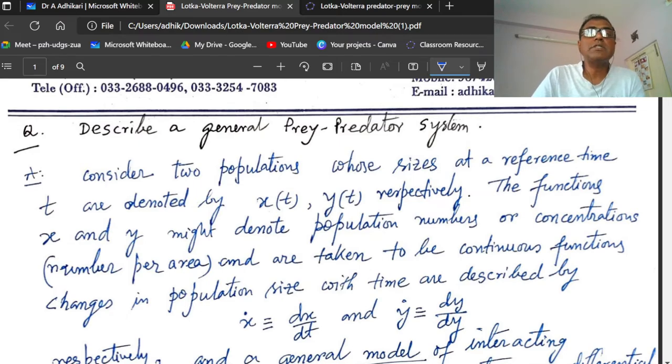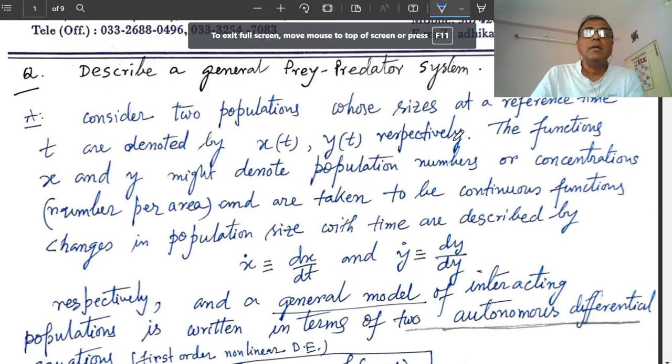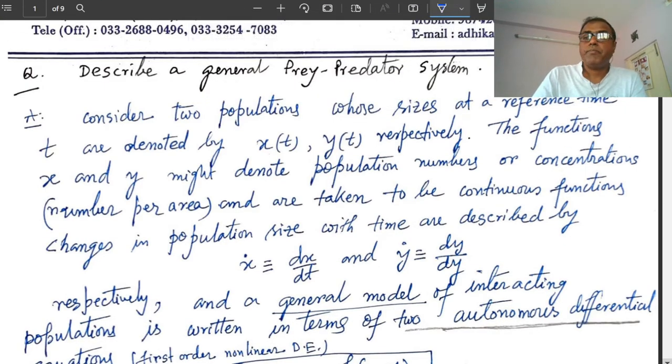First, we discuss the general prey-predator system. Consider two populations whose sizes at a reference time t are denoted by x(t) and y(t) respectively. The functions x and y might denote population numbers or densities, number per area, and are taken to be continuous